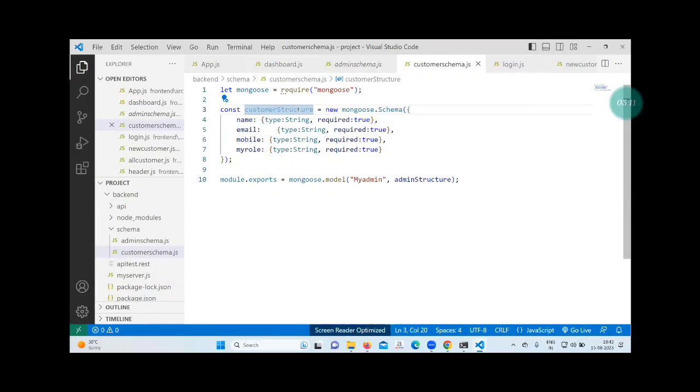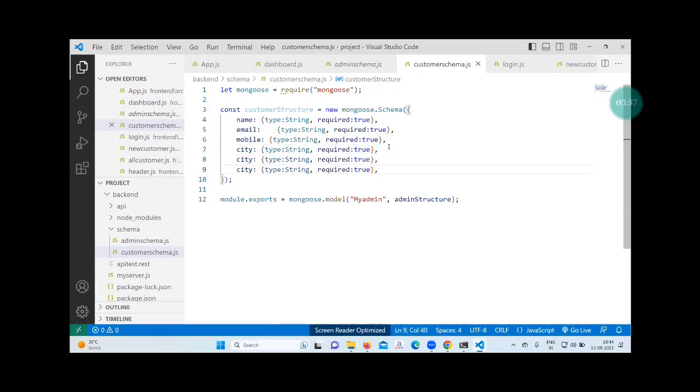Let it be name. Mobile type number. Mobile, then after that city, after that and some more.